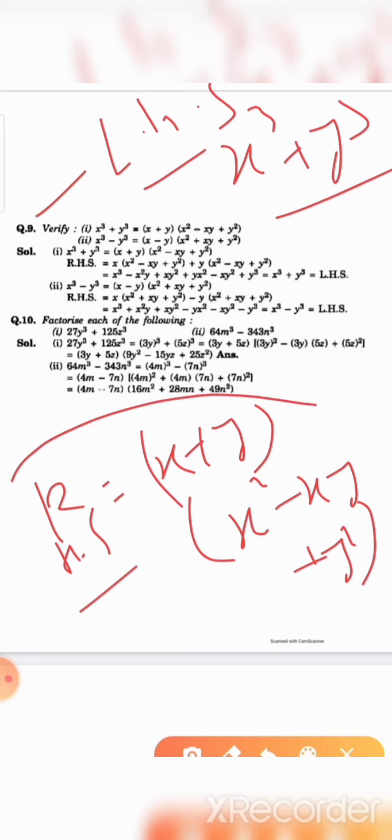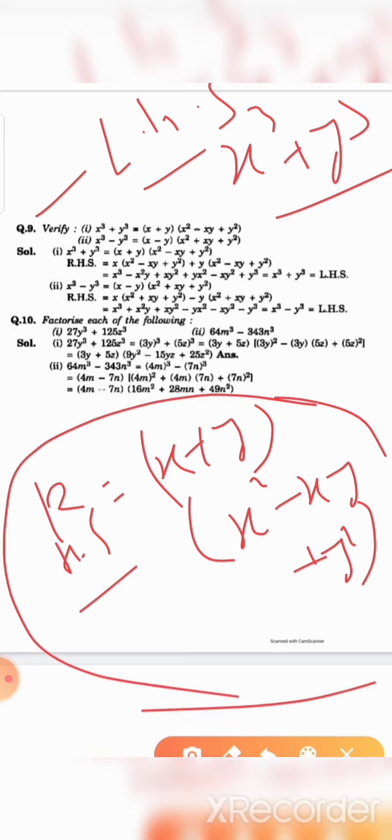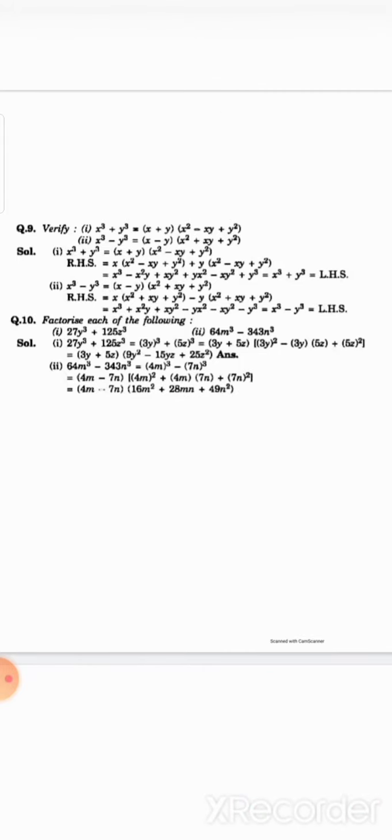So we are using the RHS to verify our question. Using the RHS, first we multiply the two brackets using bracket multiplication. First we multiply x by this bracket and then we multiply y by this bracket. So we write the step RHS: x multiplied by (x square minus xy plus y square), plus y multiplied by (x square minus xy plus y square), and again multiplying the terms, we get